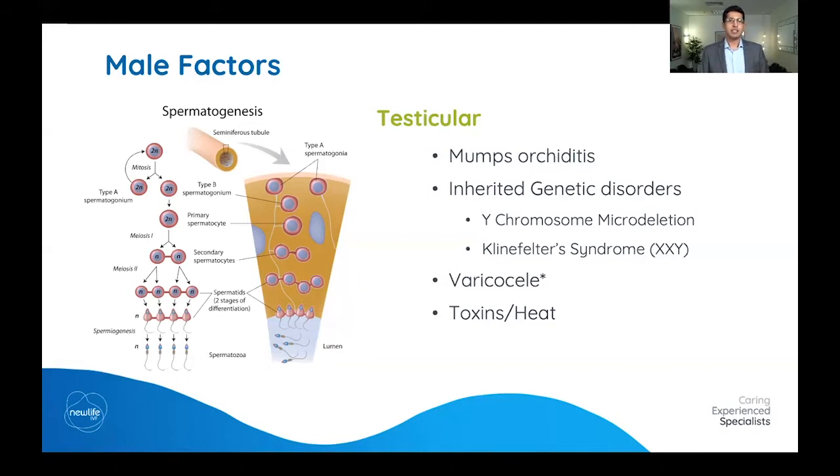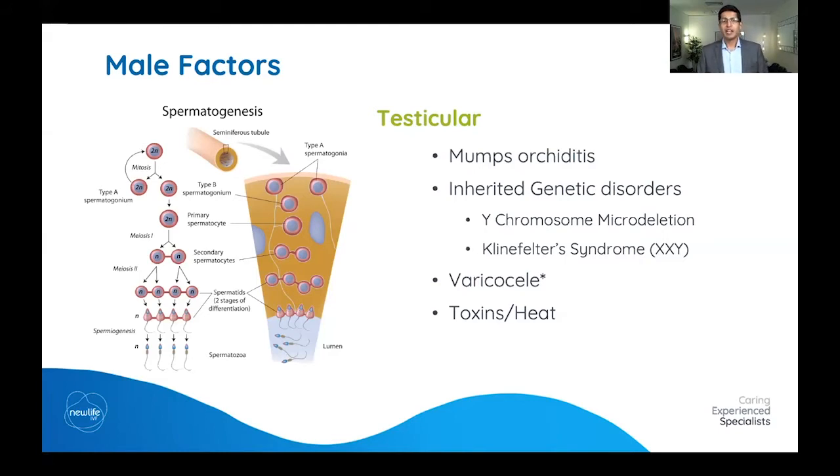There are some things that are inherited, so chromosome problems, the classic being Klinefelter's syndrome, where the production of sperm is quite severely reduced from the late teens onwards, and Y chromosome microdeletions, which can be inherited from the father, the Y chromosome being responsible for the genetic code for sperm production. More importantly are the latter two, in terms of things that we can do to improve this semen analysis and